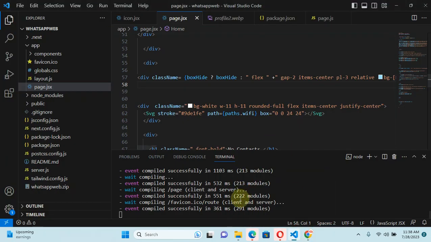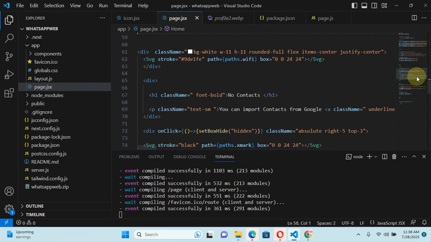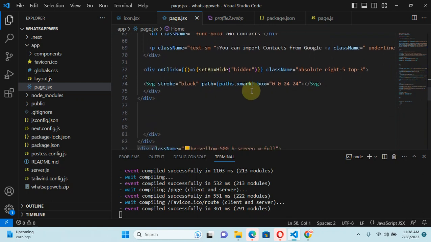Now let's quickly change the cursor pointer when you hover over that X. As you can see, this is the X SVG, and this is a div around it. So we can go to the div around it and say hover,